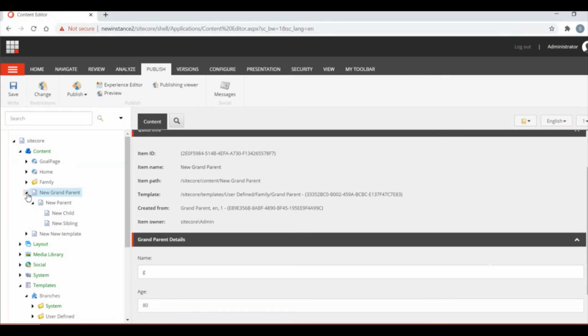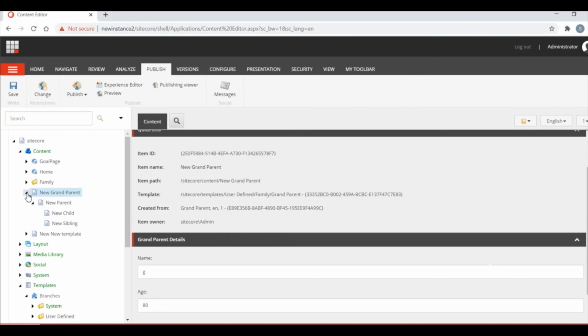So you create a branch, adding all the templates into the branch, with the same structure the content-based templates have. Then you can create items based on the branch template, which will avoid unnecessary rework. It will save time, and the data will be reused. That is the use of branch template.